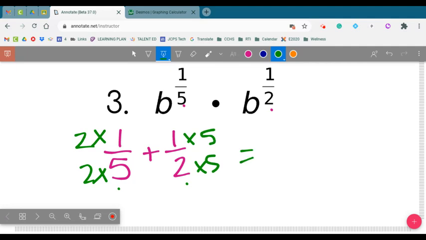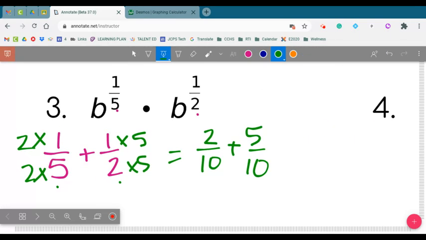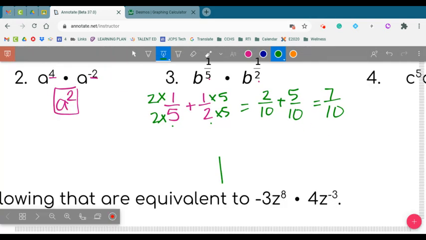So we're going to get 2 over 10 plus 5 over 10. So I'm going to get 7 over 10 as my exponent. Now, if you're like, Mrs. Gilbert, I don't know how to do this,